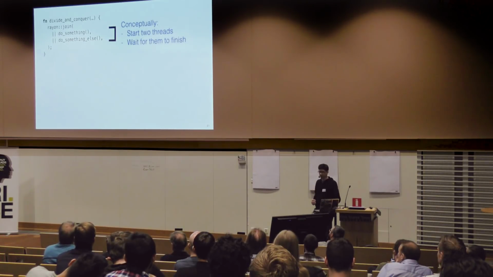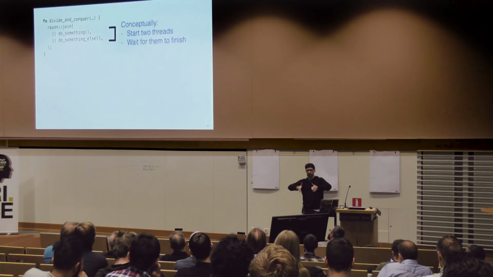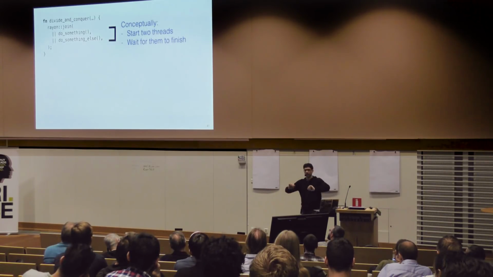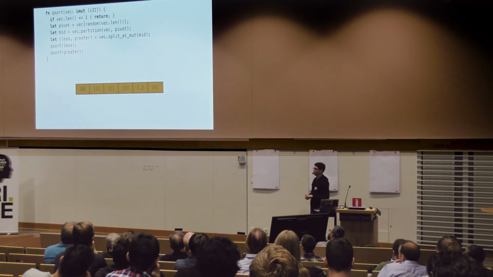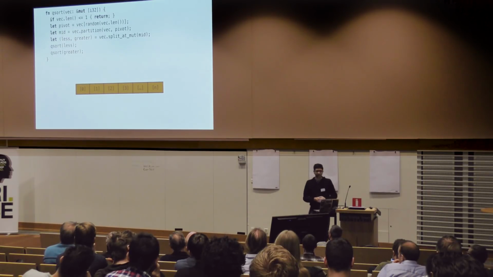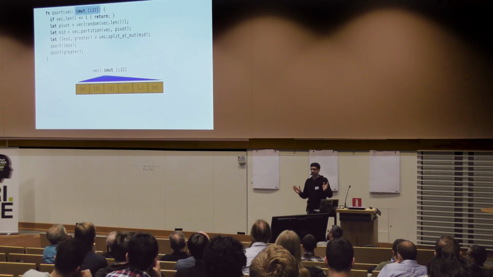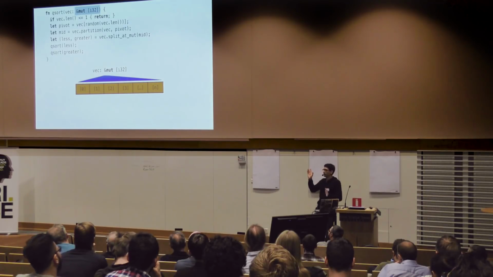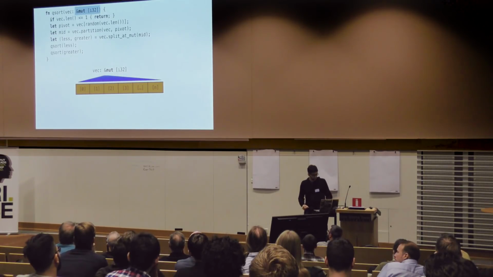This is really handy for divide and conquer style things, where you take some big set of data, divide it up into little parts, and process them recursively down the line. Something like qsort. If you don't remember qsort, it's not that important, but this is a qsort implementation. It takes in a mutable reference to some data, a slice, as we saw before. The key point is that when qsort starts executing, it doesn't own the slice, but it still has unique access to it. Nobody else can be accessing this slice while qsort executes.